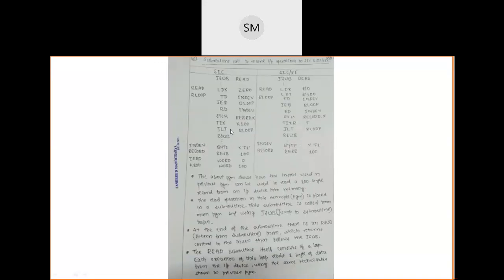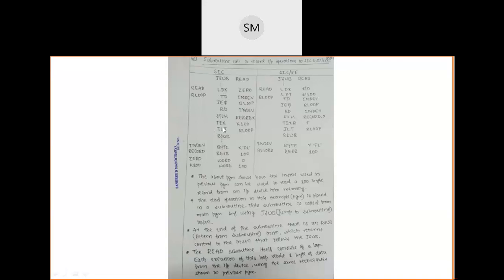Let us go to the next and last one, that is subroutine calling. This is also a very easy program. Here, see, JSUB READ. As I told you in the previous class, the same program may contain two or three parts. Every part or piece of your program is called a subroutine. Here one routine is there. From the main program to one called function.